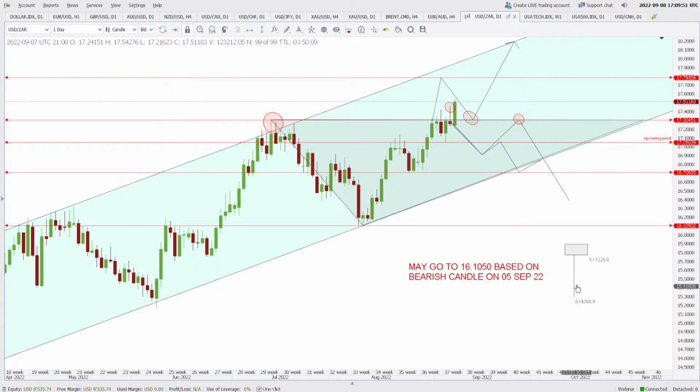Means hangman. Now what is the psychology behind this pattern here, my friends? This single candlestick. The psychology is that the price was rising. All right, I must explain this to you so that you have an understanding. The price was rising, and while it was rising, it made a candlestick like this. Okay, now this indicates that there was a lot of bullish power, and I mean at the lower levels there was a lot of bullish power.